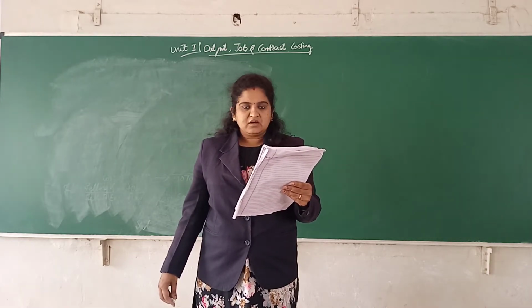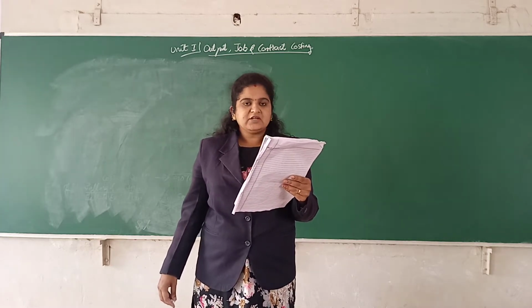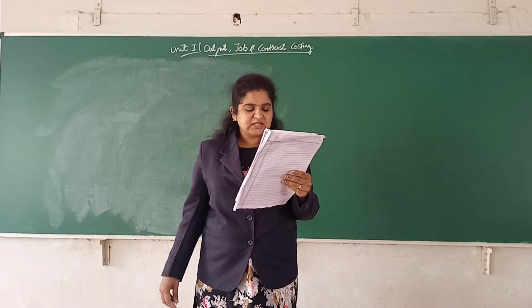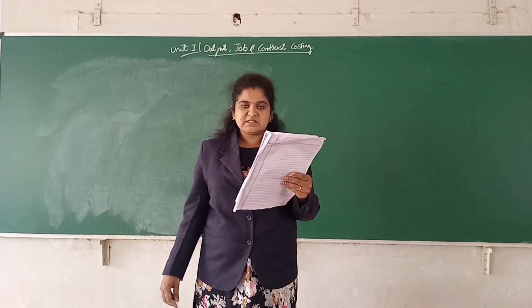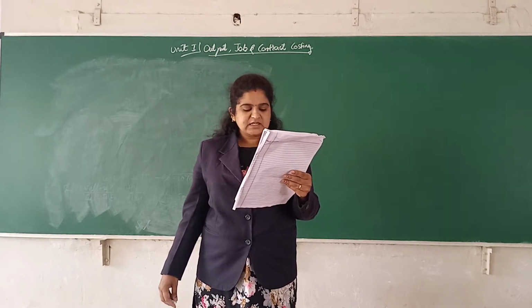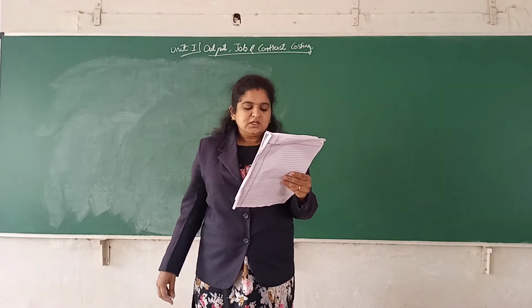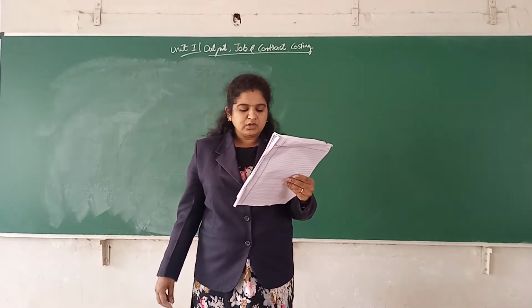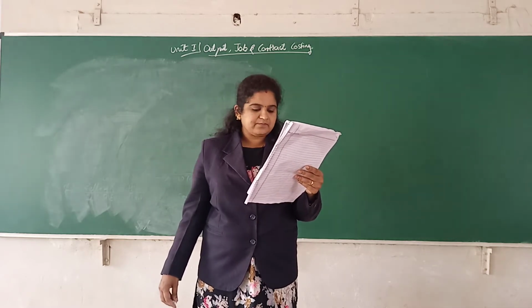Raw material consumed rupees 8,500. Direct wages paid rupees 10,000. Factory expenses 50% on wages. Office expenses 20% on factory cost. The quotation should include a profit of 20% on selling price.